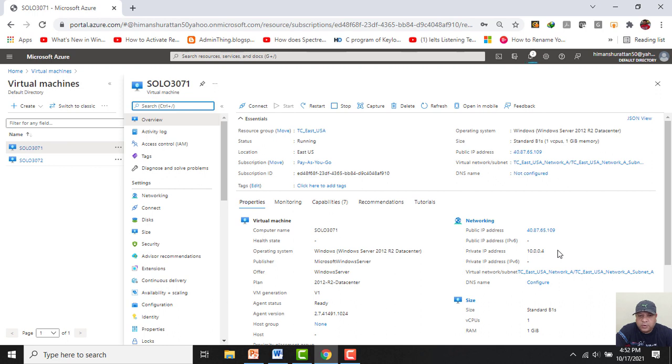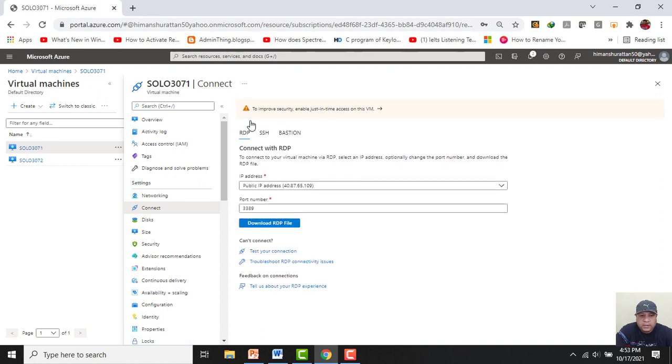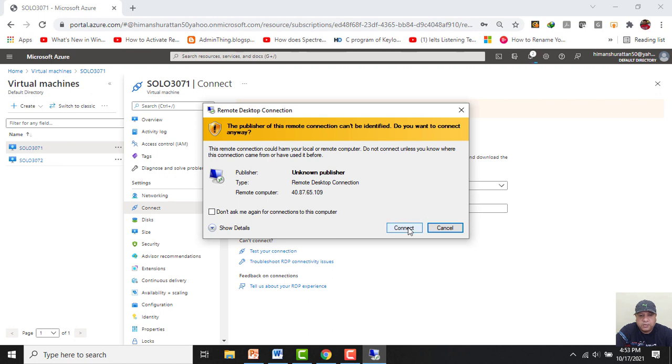So to log into this virtual machine, I will click on connect. I will click on RDP. Then I will download this RDP file. Now it has downloaded. Let me click on open. I will be connecting to this virtual machine through public IP address.